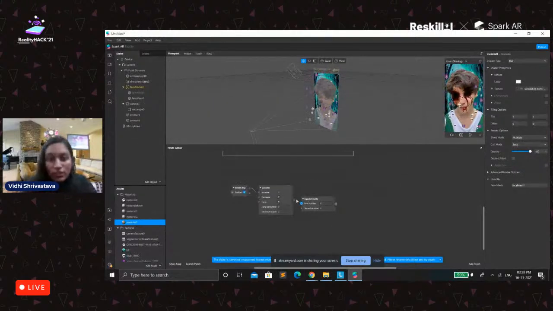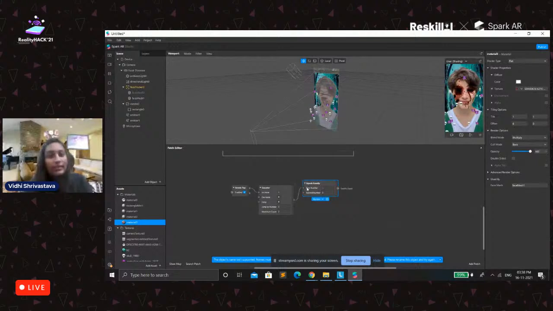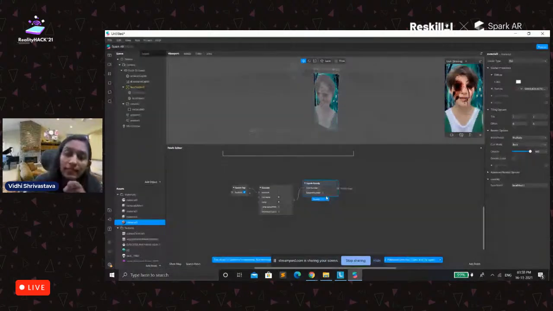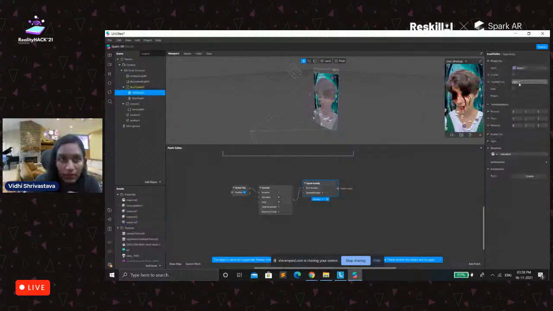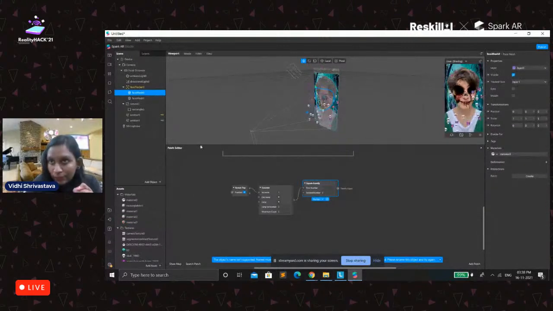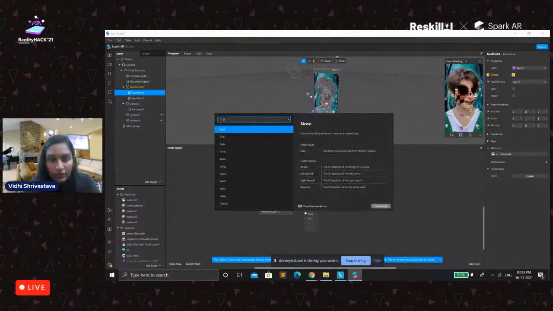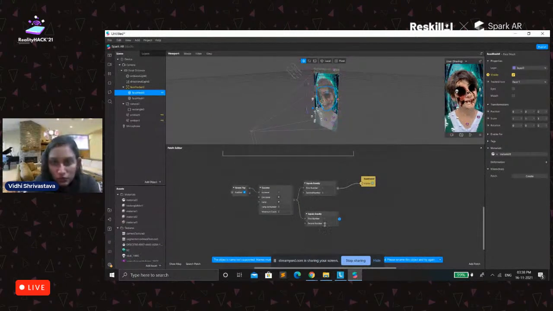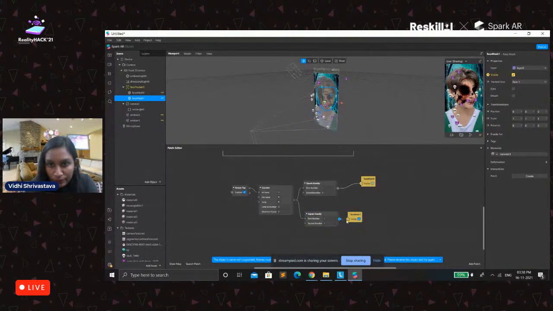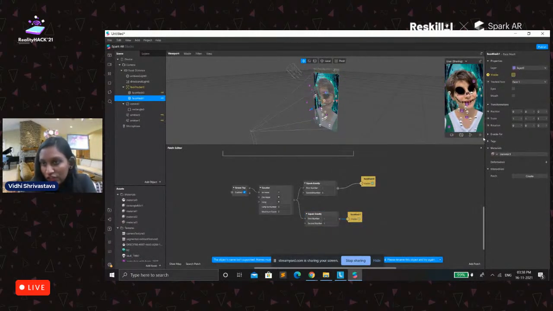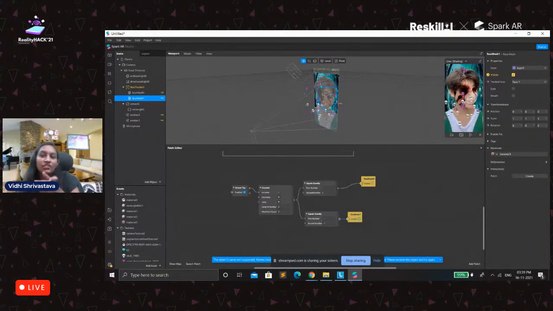So we'll click here. Now, since indexing starts from 0, you should always take care that 0 is basically the first number. Let me first enable it. And we want that this texture should be visible when a person clicks on the screen. And if we have exactly equals to for the second number, then we want this mesh to be visible. Now if I click on simulate touch, and if I touch on the screen, you can see that the effect is getting changed. So that's how you can even change the background also.